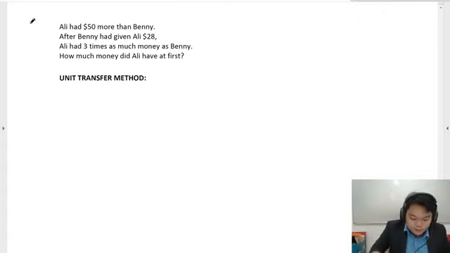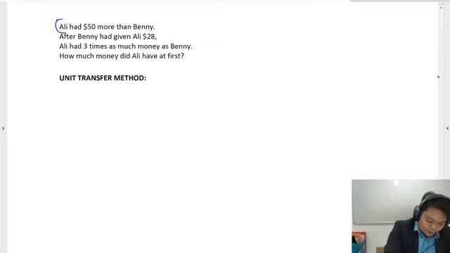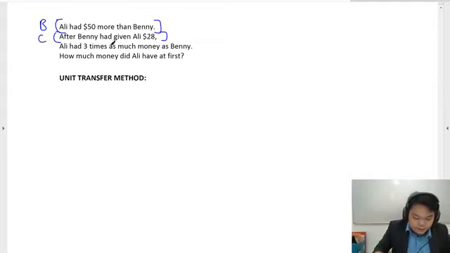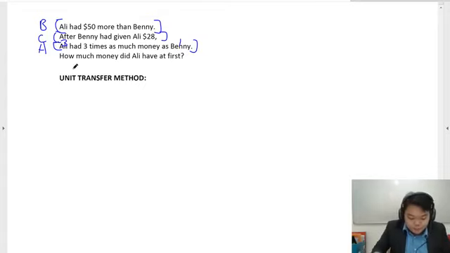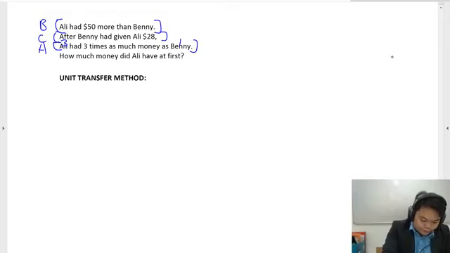Over here, Ali had $50 more than Benny. There is a before over here, and there is this change over here: Benny gave Ali $28. Ali had 3 times as much money as Benny. So how much money did Ali have at first? To do it by unit transfer method, you will see that